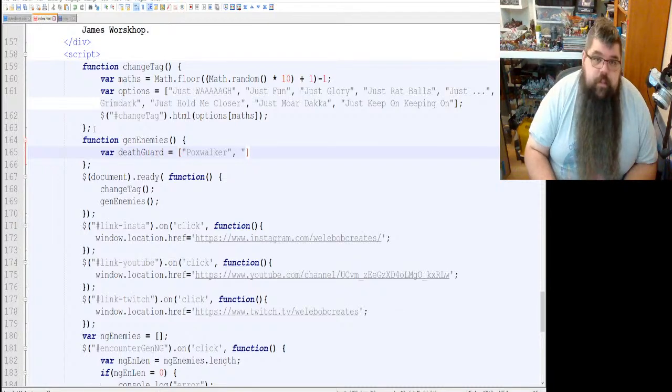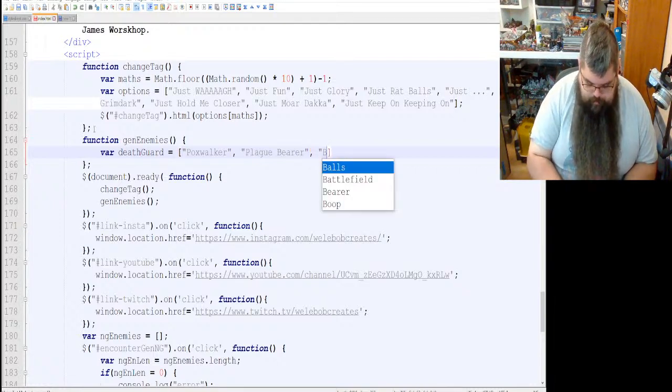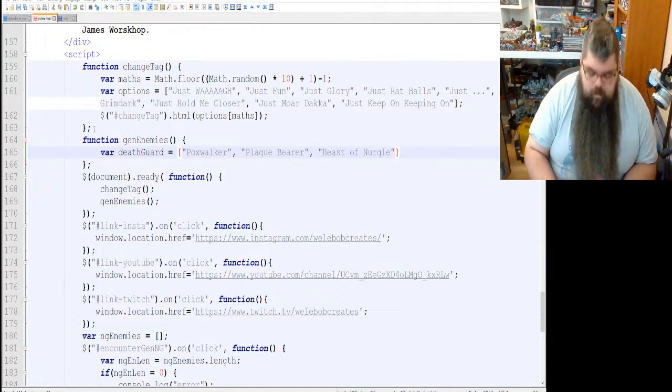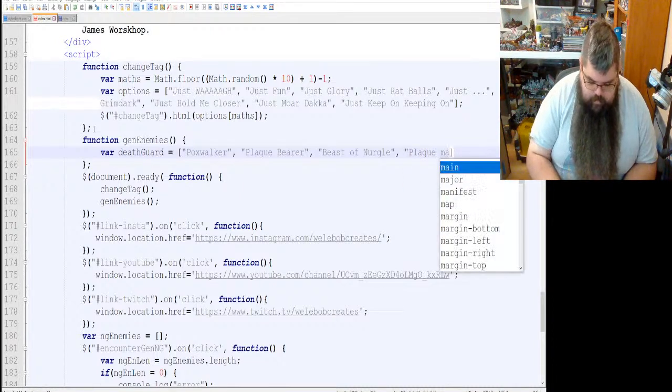One of these is going to be Plague Bearer. Beast of Nurgle. Plague Marine.